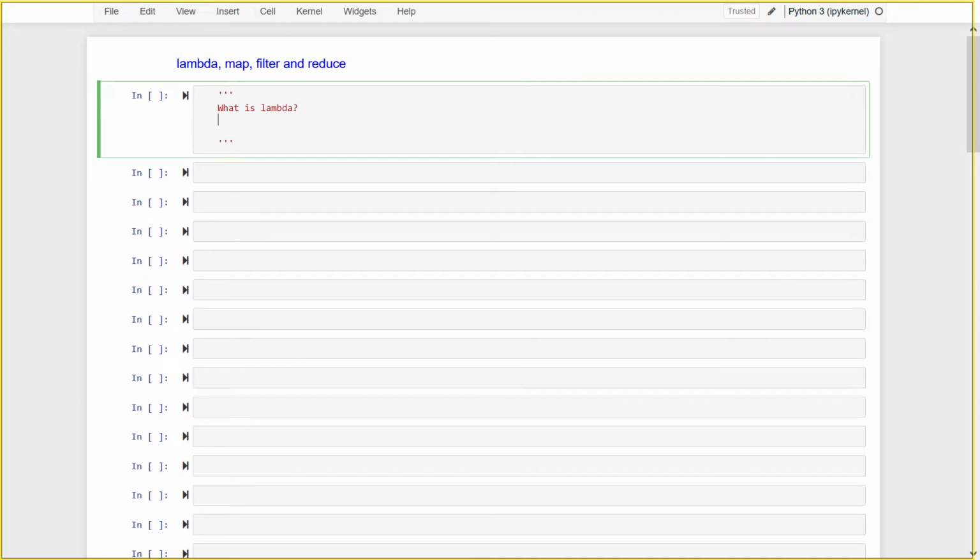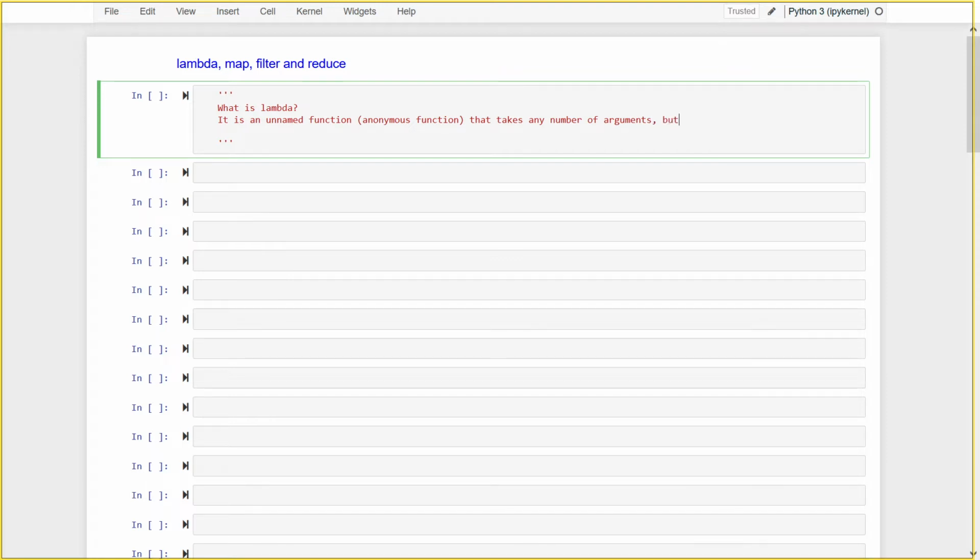But what is this? It is an unnamed function. We can also call it an anonymous function, right? That takes any number of arguments. No limitation on the number of arguments.